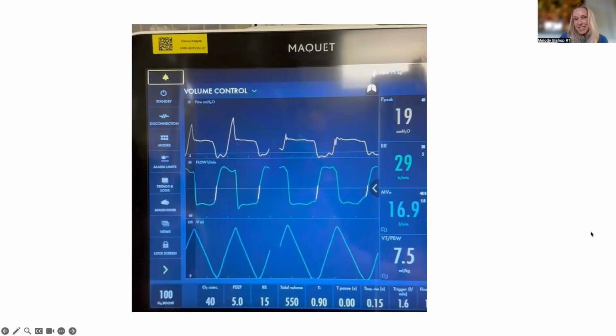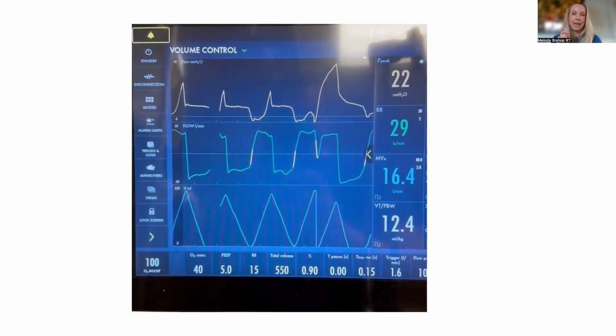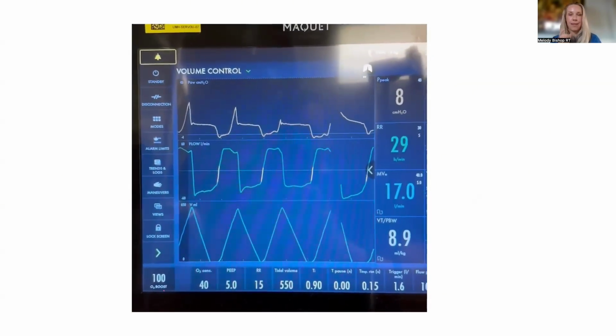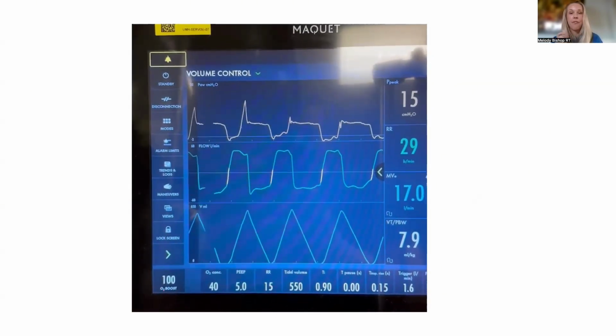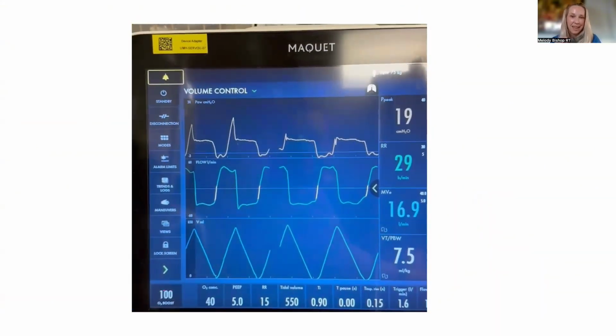One other comment about this though: the decision between pressure support and pressure control, I think, is semantics. But one reason why I would have moved to pressure support for this one specifically is because I did see cycling issues as well. With pressure support, just reminding people, instead of time being the cycling mechanism, it is flow cycling. Because of that, it should be easier for the patient to trigger and come out and not have to match that time. But you could absolutely go pressure control and then try to watch and match their inspiratory time to cycle it.